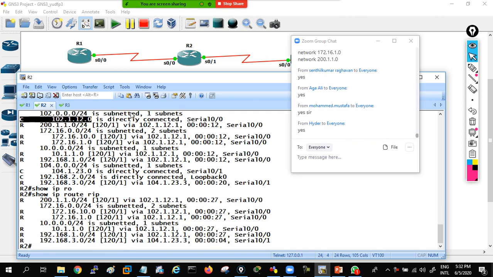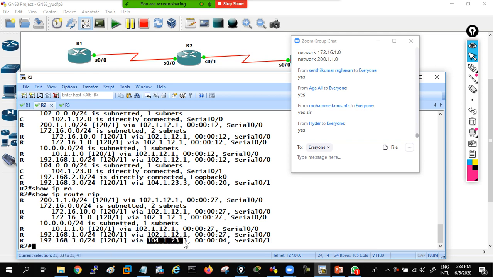Now see the fun. It learned 200.1.1.0 via whom? 102.1.12, right guys? And it learned 170.16.10 via 102.1.12, and it learned the 170.16.1 network via 102.1.12.1. It learned the 10.1.1.0 network via 102.1.12, and 192.168.1, which is learned from again router 1, and 192.168.3, which is learned from